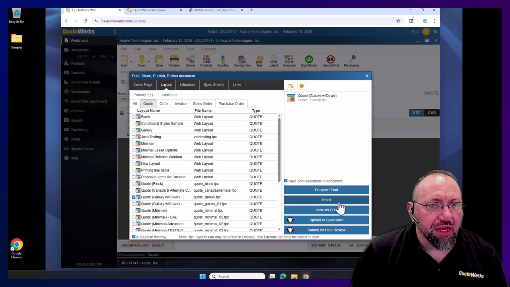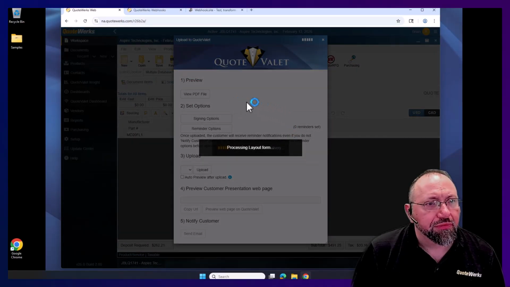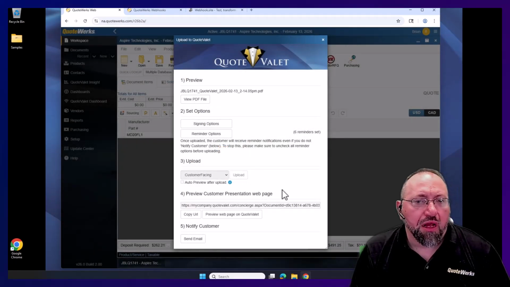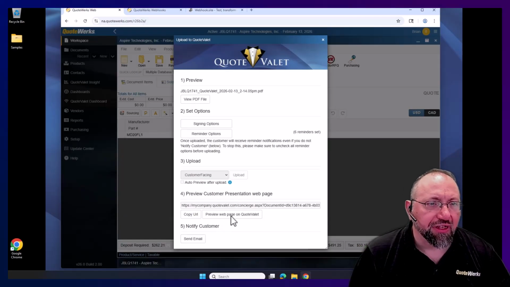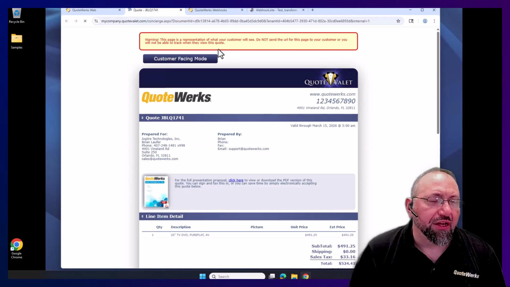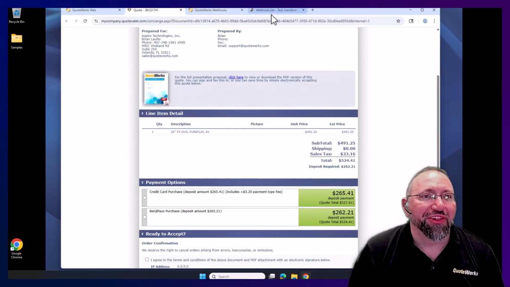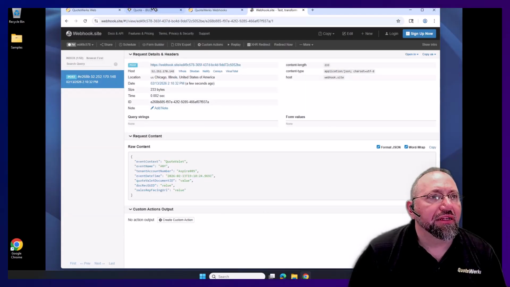And we'll go ahead and upload to QuoteValet. And let's go ahead and upload this. All right, so our document has been updated. Let's just go ahead and make sure that everything looks good. So we'll go ahead and preview that on QuoteValet. It's our very simple quote. So let's go ahead and go over to Webhook.site and